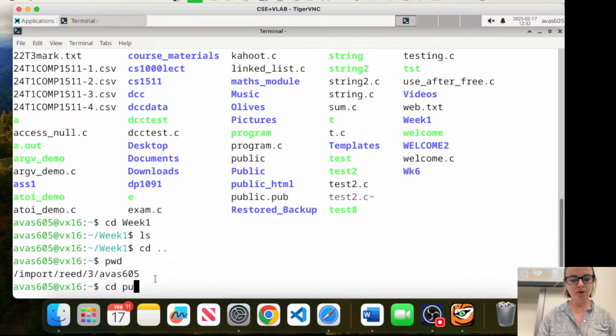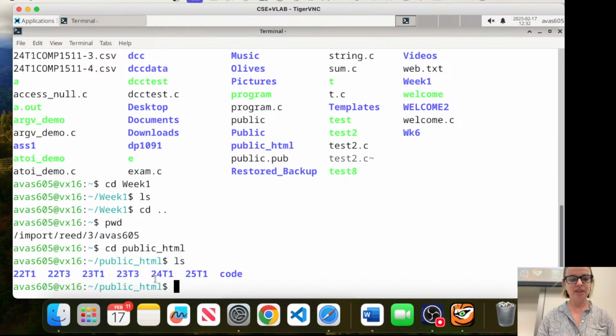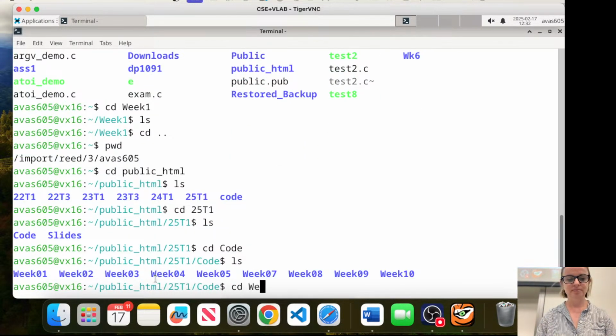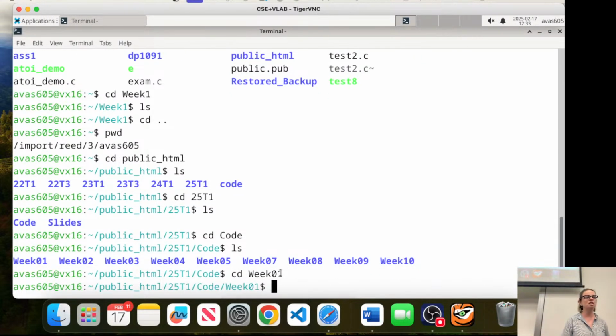I'm going to make a file somewhere where you can see. What I've done now is move along directories to travel to the week 1 directory that you can access from the course website. So you'll be able to see the code that I create now. All I did was change directories until I got to the right place.